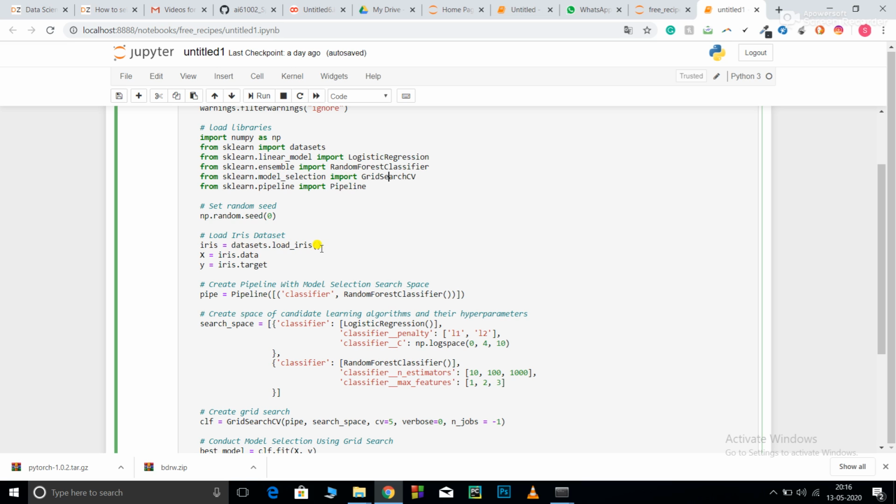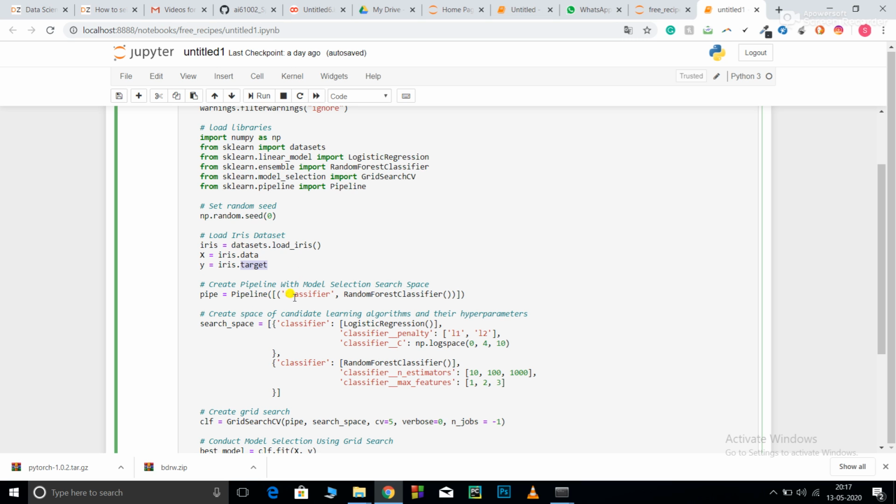After that, I have loaded the dataset. From datasets, I have selected load_iris. Iris is a dataset which contains images of flowers along with their names and their different features. Iris is a flower, and it has many types of sub branches, for example, A iris, B iris, C iris. So how are we distinguishing iris? We select some features and then we are able to distinguish between different irises. So this is what is present in load_iris. This is a classifier type dataset. Now X is iris.data and y is iris.target. Target is my target variable.